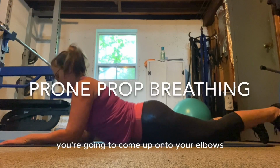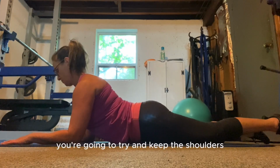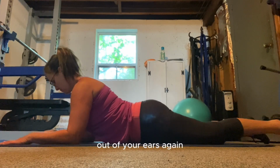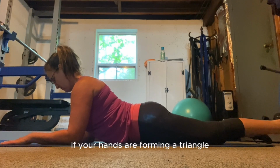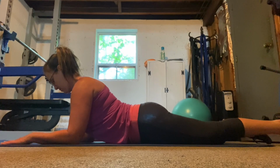For this, you're going to come up onto your elbows with your hands and your arms in a triangle. You're going to try and keep the shoulders out of your ears. Again, the chin tucked, neck long. If your hands are forming a triangle, you're going to look right between that triangle. As you